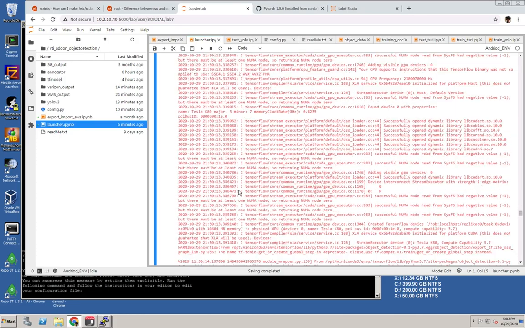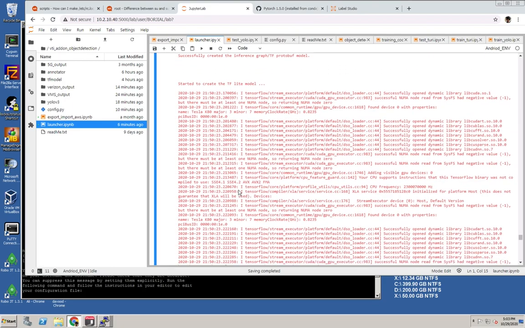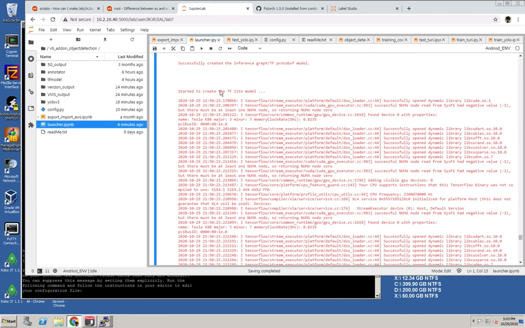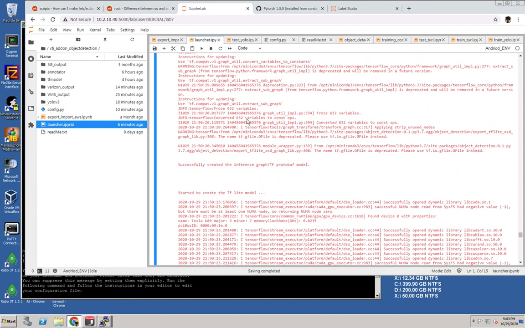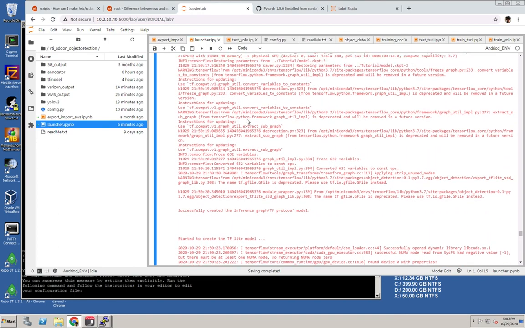Yeah, so this is steps. It takes a while for this model to be loaded. So start to create. So here actually, as you see, the model has been trained,